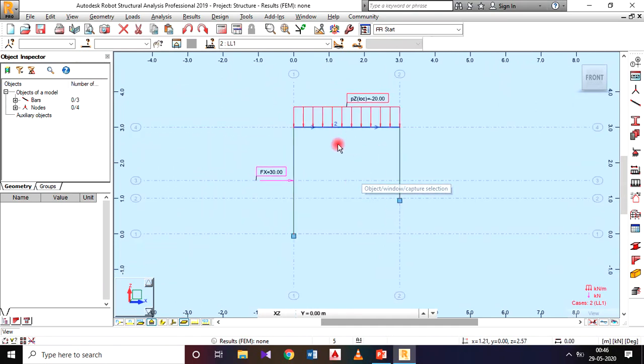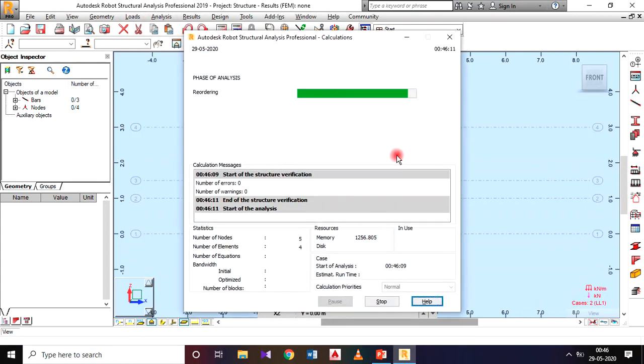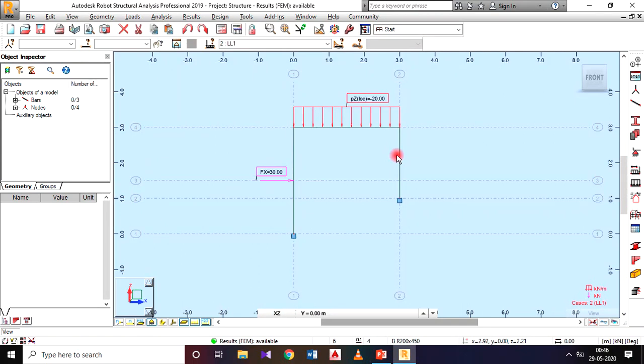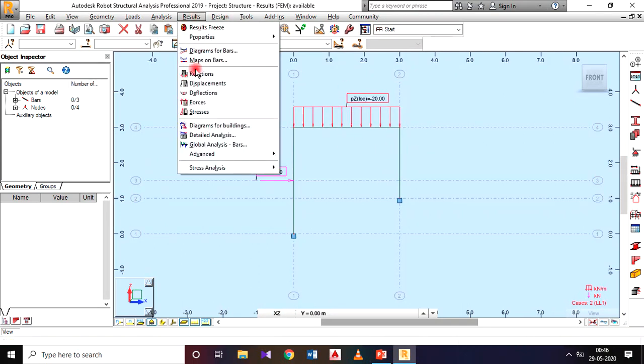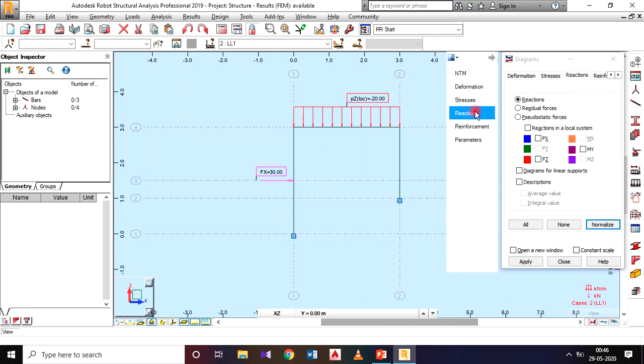Then we need to analyze the frame: go for analysis, calculations. It will take some time to analyze. Yeah, analysis over. To see the results, go for results, diagram for bars only. Then in that, reactions, I need to click on the reactions. Click on the hold diagram for linear supports.